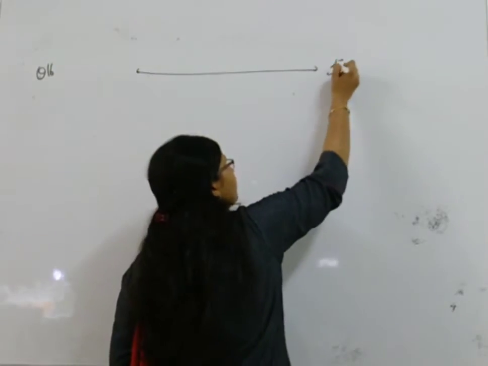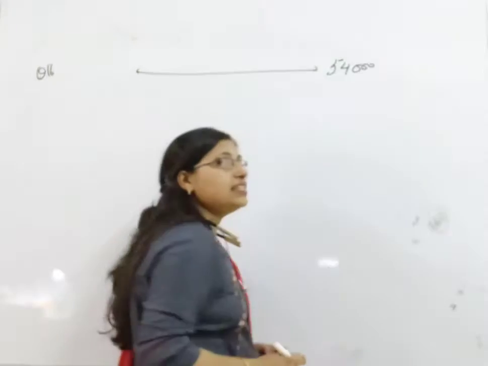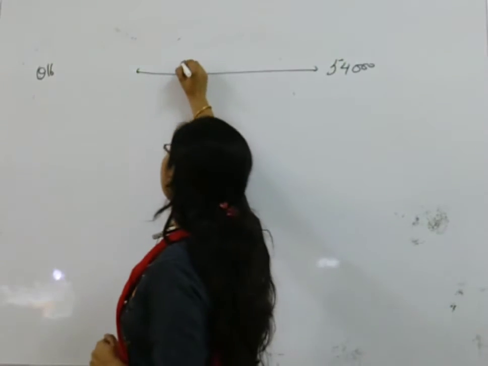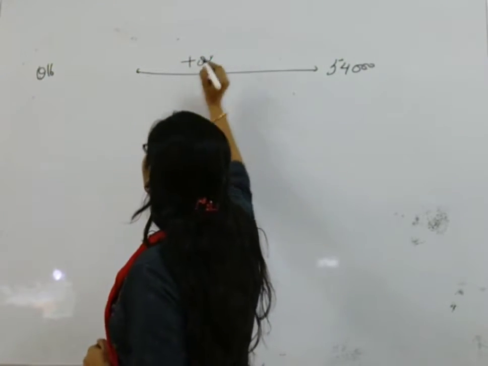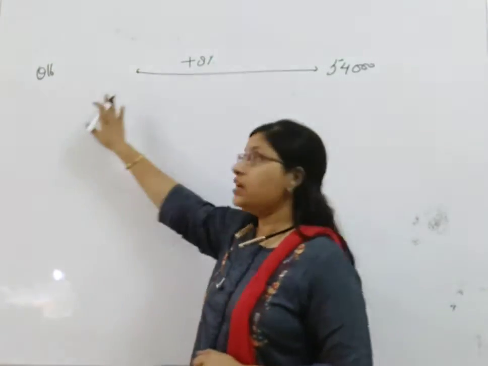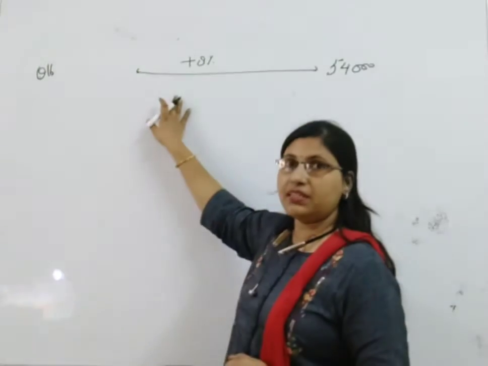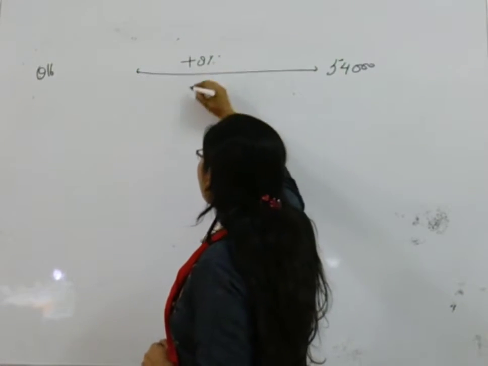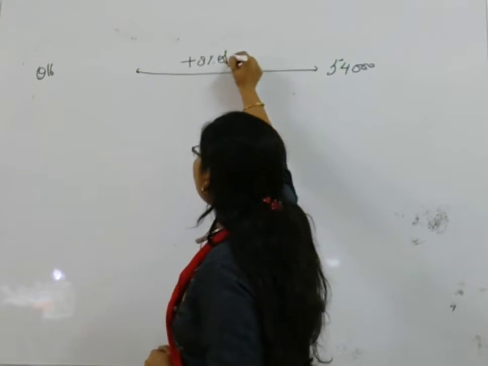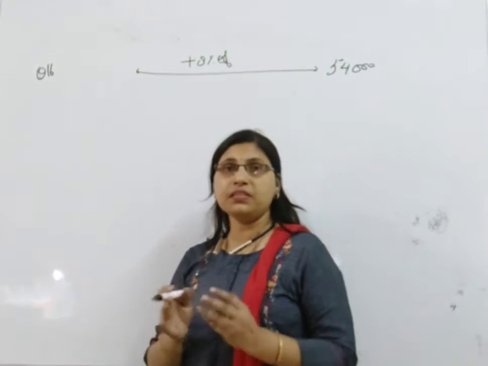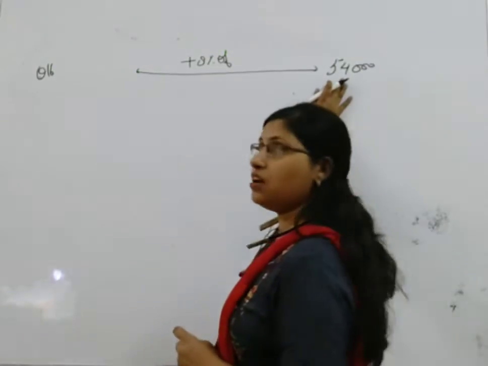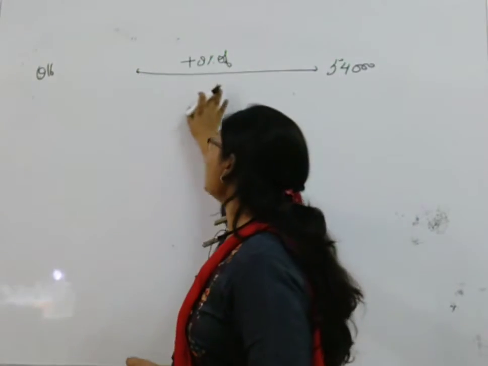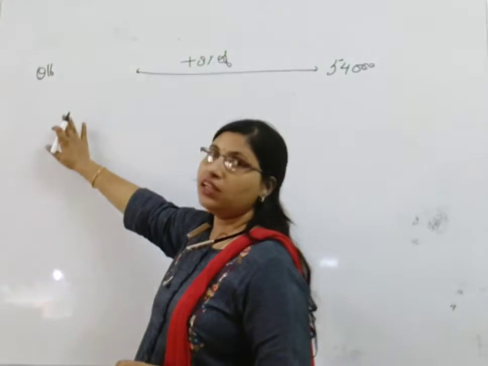It is 54,000 and it is given that population increases 8% every year. So it means plus 8%. Whatever is the population last year, this time the population is 8% greater than that. Now this 8%, to convert it into a value, what should we write with this? "Of". 8% of what? 54,000 or the population before 1 year? It is always the part of the value which is written on the left side.